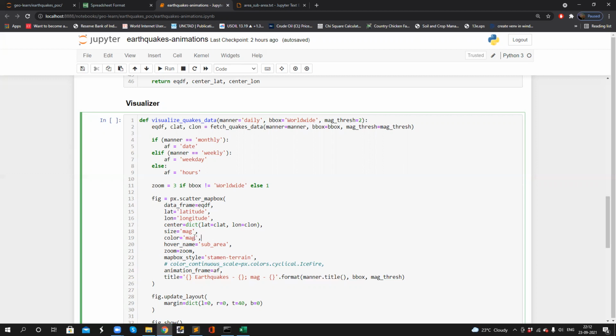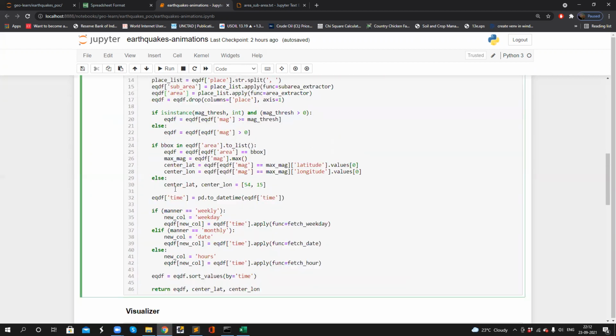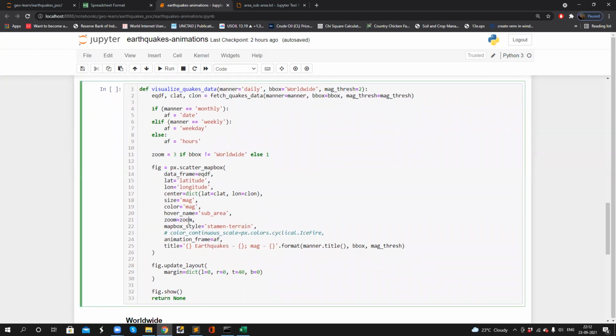When we hover on the point, we must see some information, and that's why I have this parameter called hover name, wherein I'm passing the sub area column, which we created already. And the zoom level of the map. So we should have a style for visualizing the map.